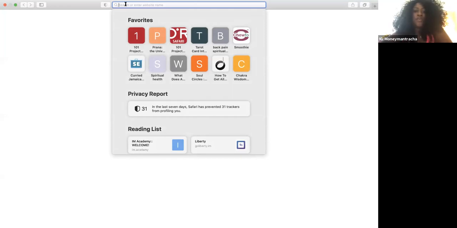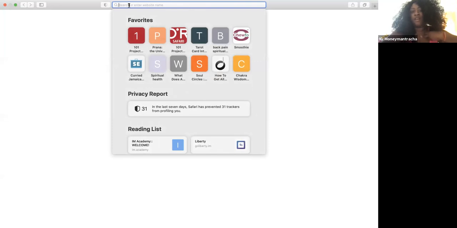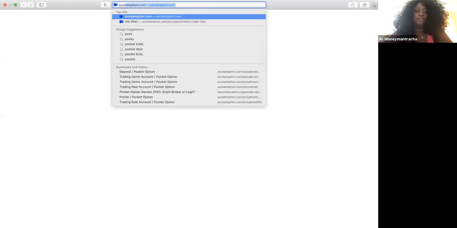And again, this is going to be pending orders for Pocket Option. And I'll teach you guys a little bit about Pocket Option as well. So it will be like a Pocket Option overview, because it's important to know how to use the platform that you're on, as well as the platform that you are learning from. So we are going to start on pocketoption.com